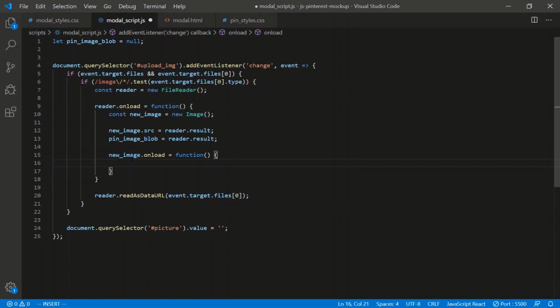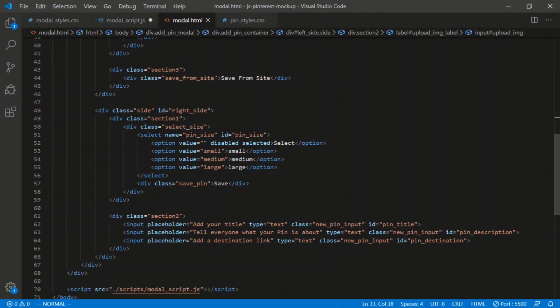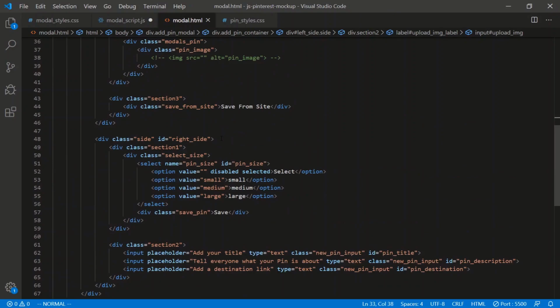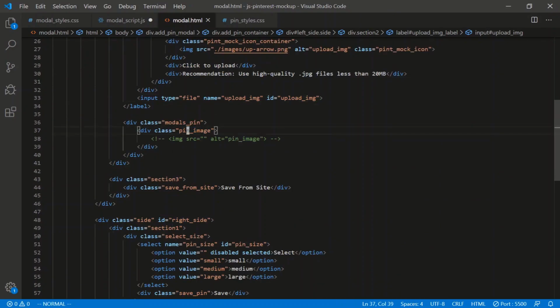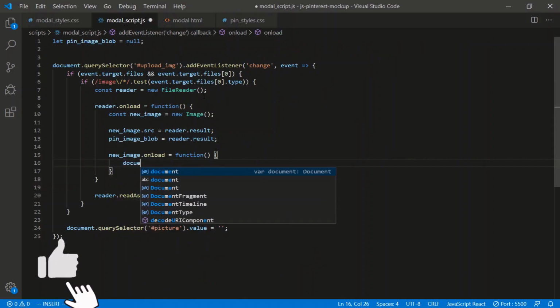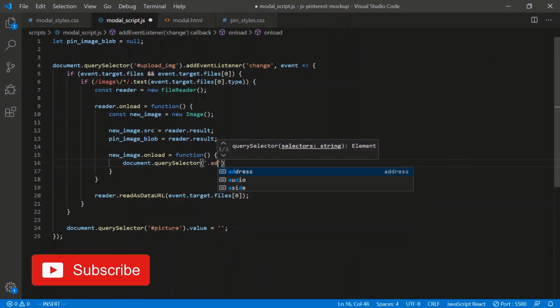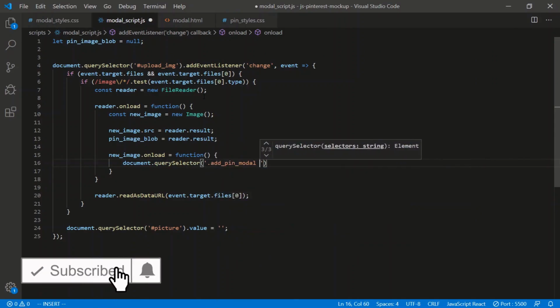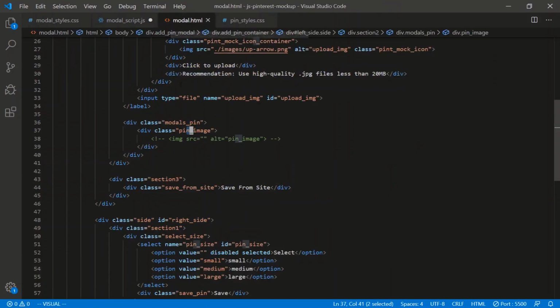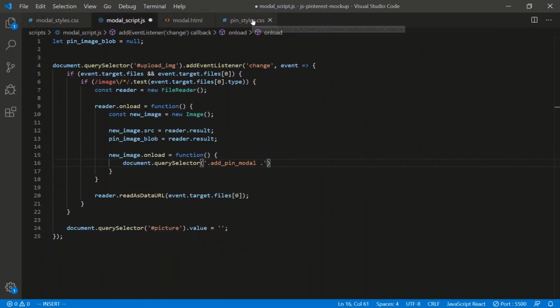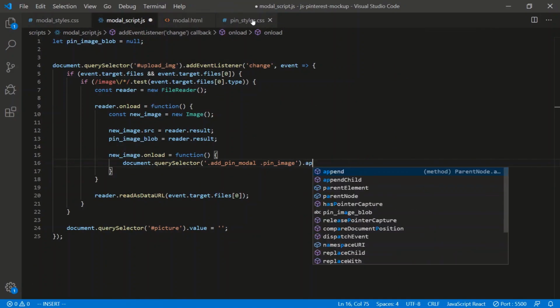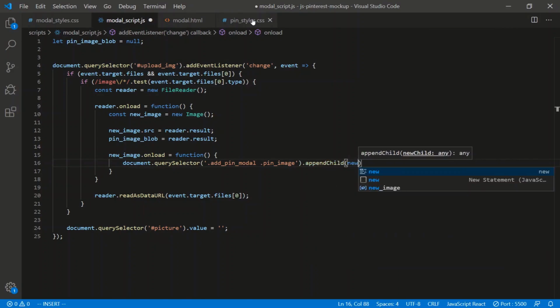What are we going to do? We generated the actual image tag here. We're going to append it into the pin image. So we'll do it like this. We'll do document.querySelector, we'll say add pin modal, and that was in the pin image. pinImage.appendChild and the newImage. Now we have the